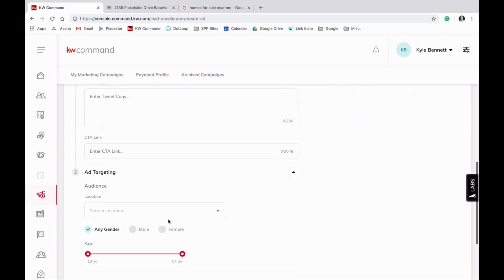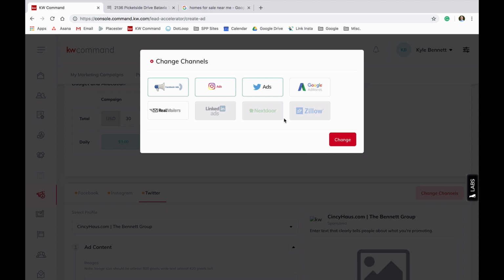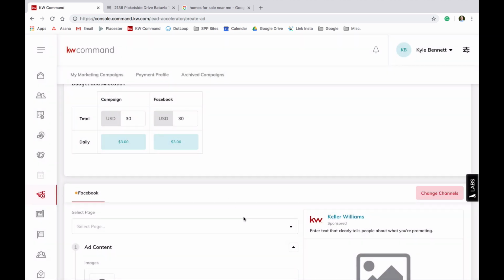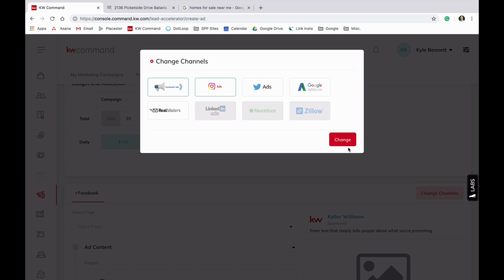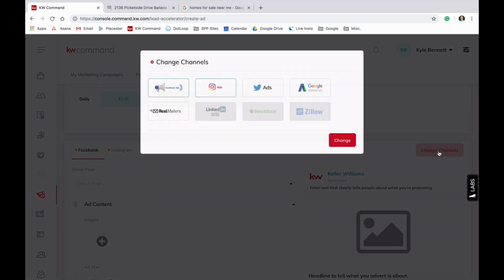So here's another one. I could come in here and start creating a Twitter campaign. So you can see how easy it is to just kind of edit and quickly change what you want to run. And then actually, let me point out one more thing. I'll select it here. Notice that when I added that, it also changed my budget allocation up here. So I am budgeting a total of $30 for this advertisement, and I'm putting 15 on Facebook and 15 on Instagram. I could also change that to put 20 there, and you'll notice it changed my total budget, so I could then come here. So I'm still spending 30, but I'm spending the majority on Facebook and then $10 on Instagram and so on. So you can kind of plug and play and figure out what works best for your